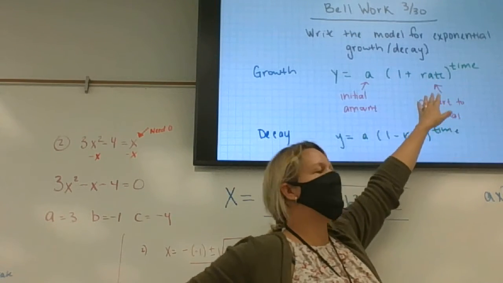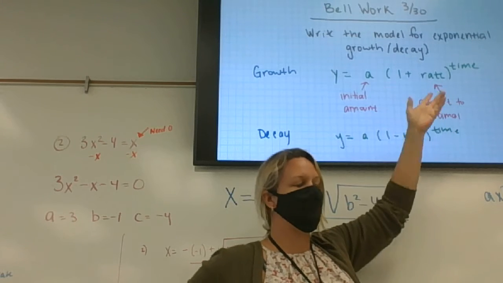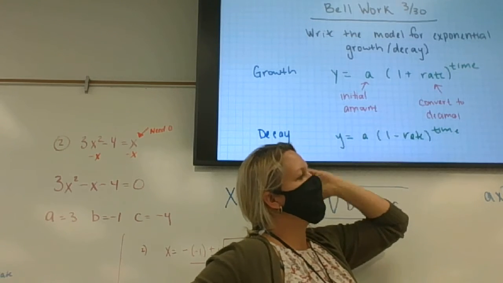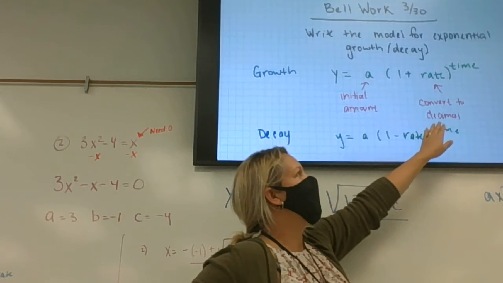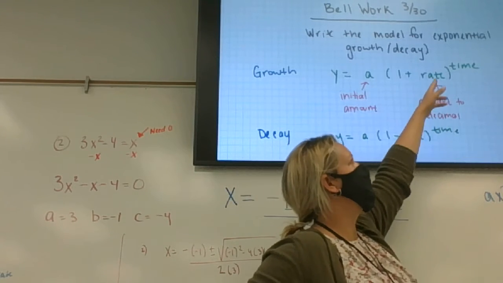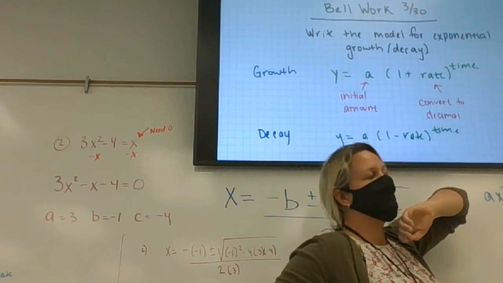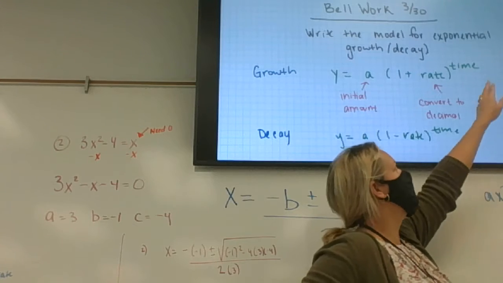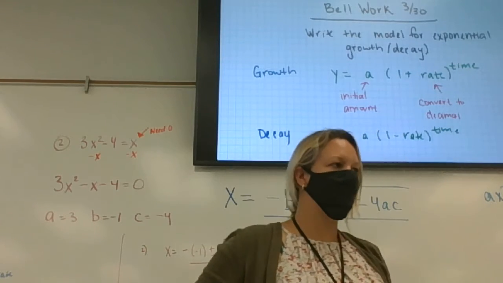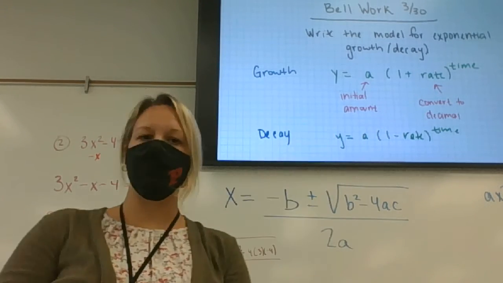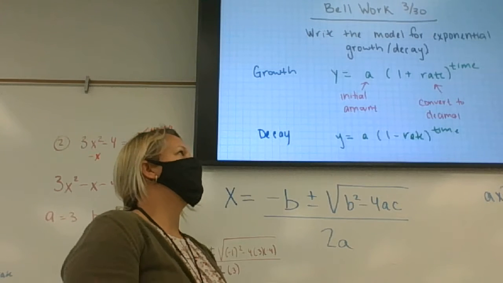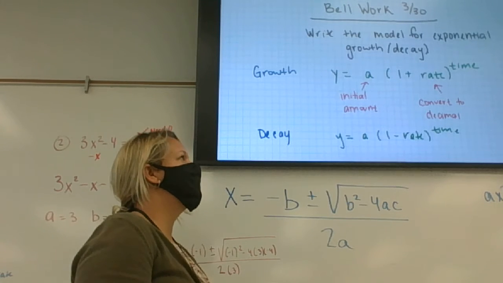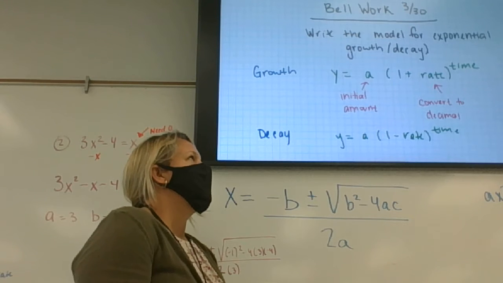Remember, this is like a percentage. It needs to be converted to a decimal. So, like if you invested money at 5%, I would put 0.05 here. And you wanted to calculate how much money you'll have in 10 years, you would put a 10 up here. So, in our word problems today, they're not going to just ask you necessarily like, how much money will you